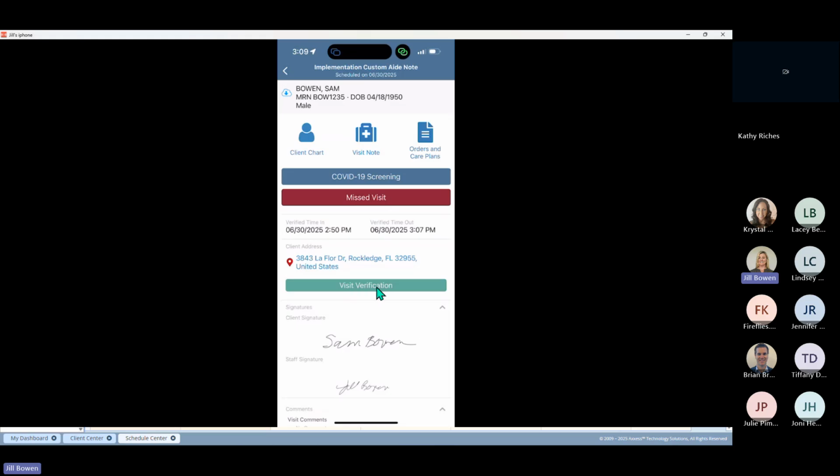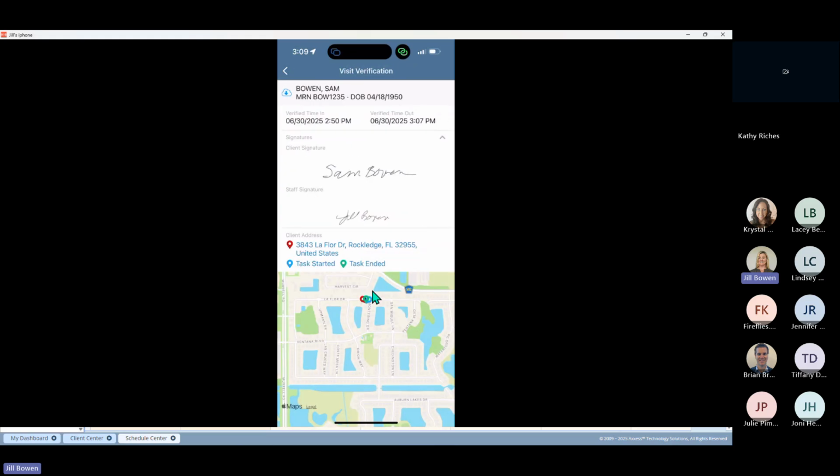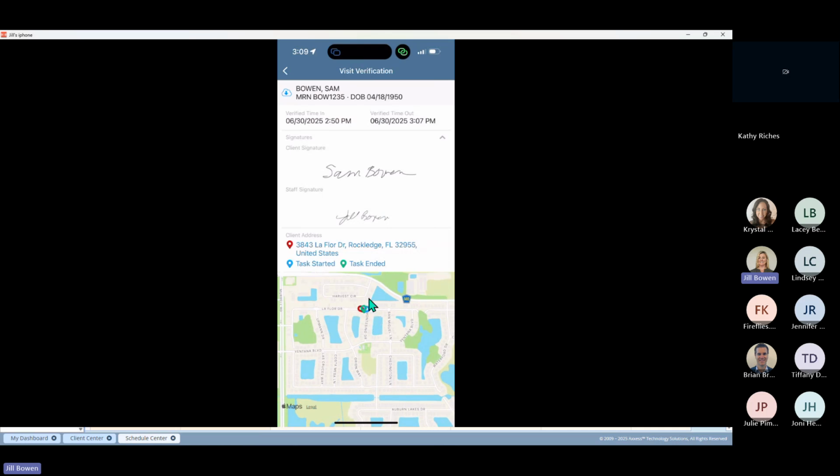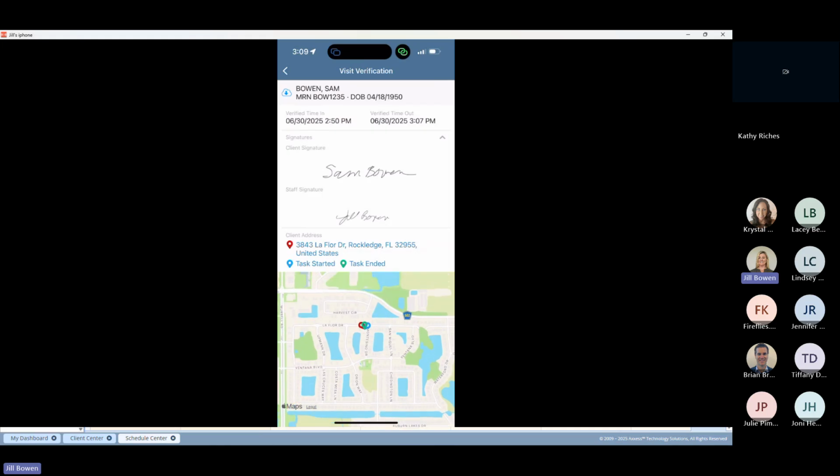Okay. When I select this visit verification, it shows that I was at Sam's house from 2:50 to 3:07, got both of our signatures here, and it shows exactly where I was. And you must be within 1,500 feet of that primary address in order to capture that signature. Okay. So I'm going to go back here